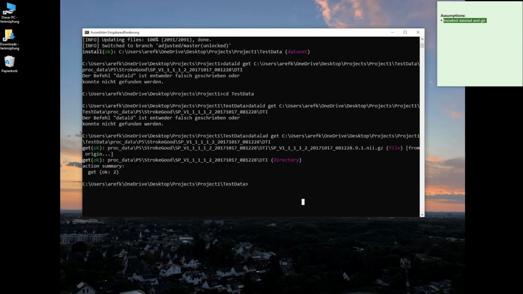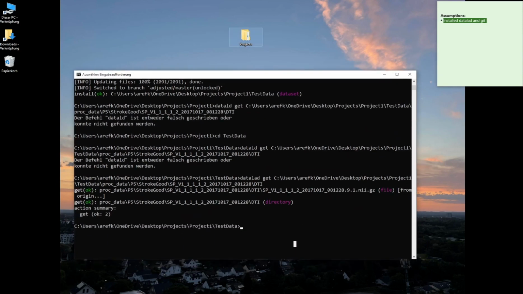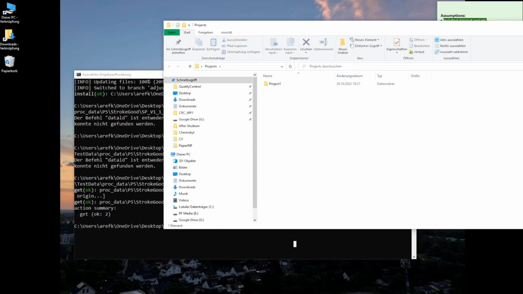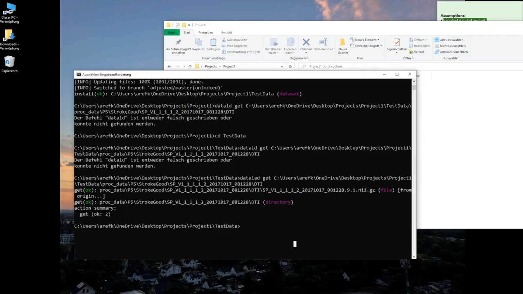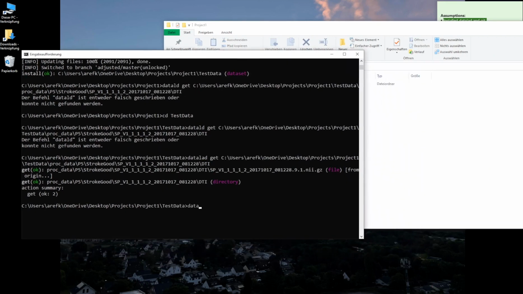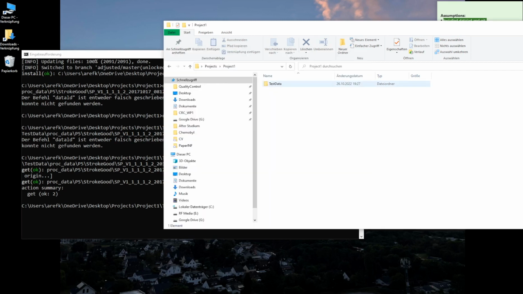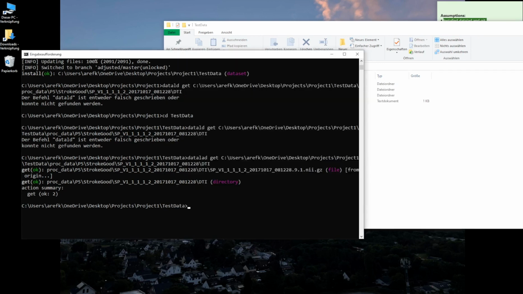Now, the other thing that I wanted to show you: we have now this project 1. We could do now a datalad get and then run it. That would download all of the data if we don't specify anything. But we don't want to do that. The other thing that we want to do, and that's an interesting feature of datalad, is the topic of